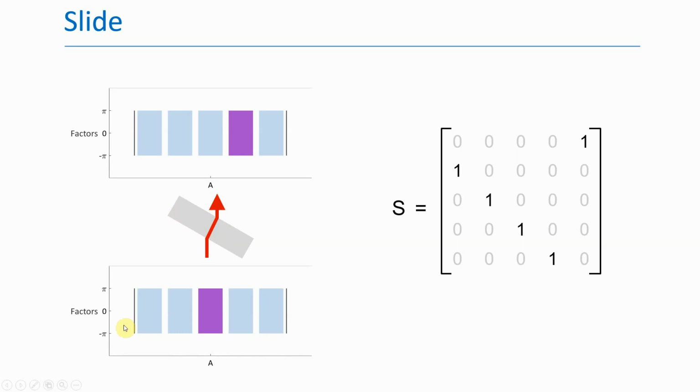Mathematically, the starting and ending positions can be represented by two different states of a position factor. The effect of the slab is represented by the slide matrix S. The slide matrix looks a little bit like the identity matrix, which would have ones along the diagonal and zeros everywhere else. The only difference is every column is shifted over one to the left, and the leftmost column circles around to become the rightmost column. To see how it works, let's look at the companion code.